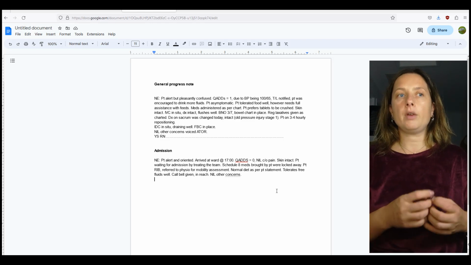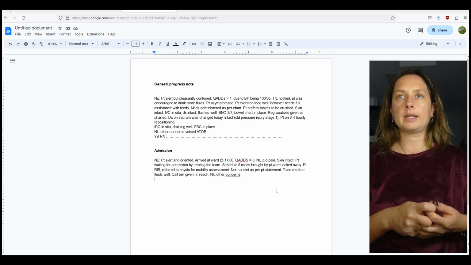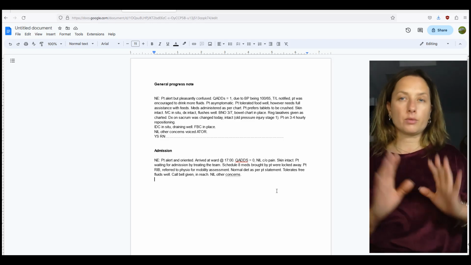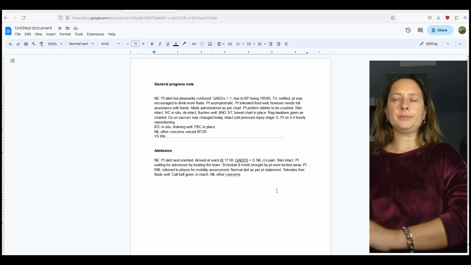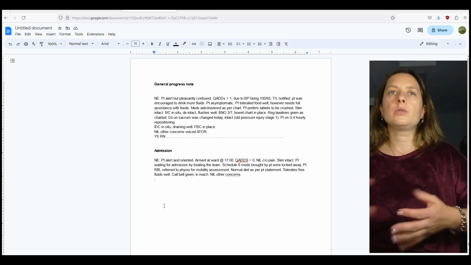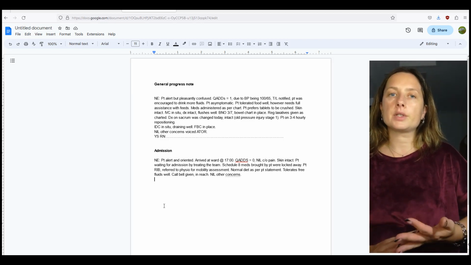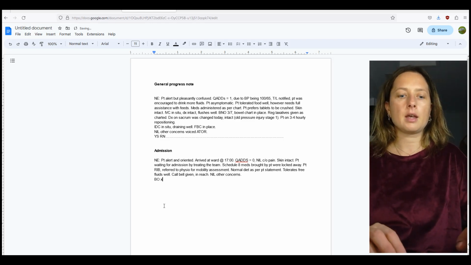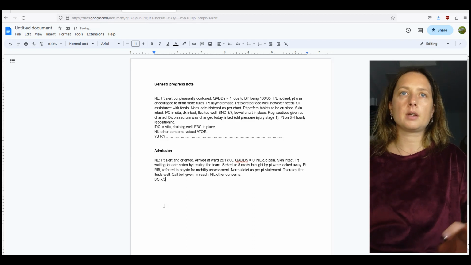If something would be very, very abnormal, you will put it there and you will put the intervention, okay? If someone, let's say, came with diarrhea. Okay, it doesn't look like gastro, no vomiting, just diarrhea. You would write in saying that bowels open, let's say 3-4 times. So bowels open, let's say 3 times, loose, pad changed, patient incontinent,